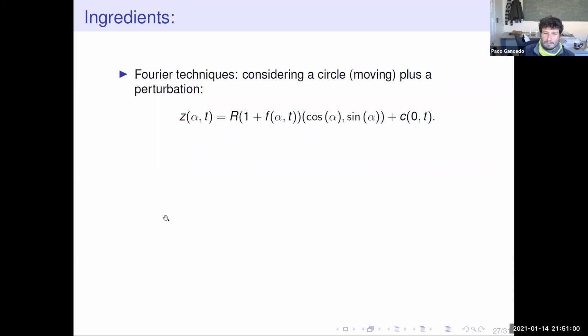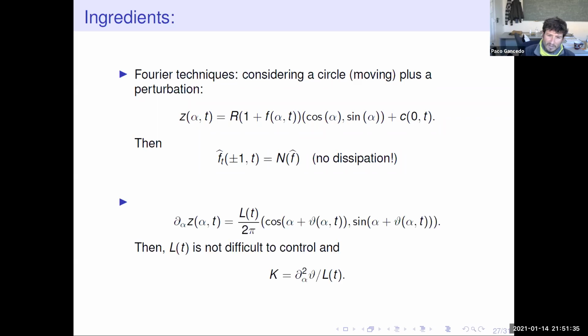But if we do Fourier to this kind of perturbation, we have something close to the circle. This is something close to the circle moving up or down, okay? Then we see a chaos in the evolution of the Fourier coefficients. For example, in the 1 and -1, we don't see dissipation. The dissipation we are trying to get is from surface tension, okay? But we cannot get it essentially because you have other representations of the circle, and this is natural. Now we understand this phenomenon is something natural.